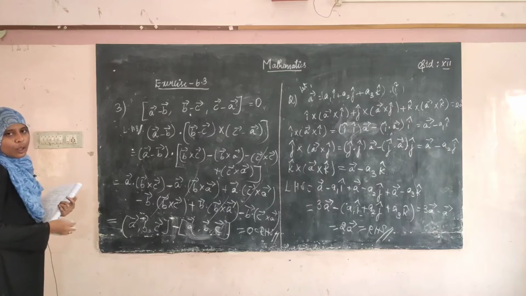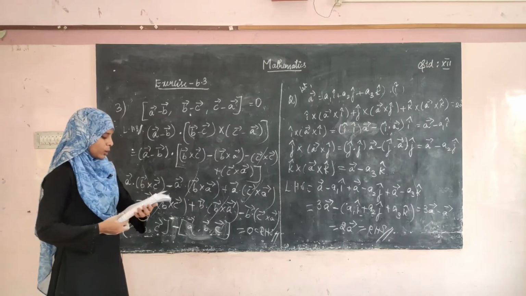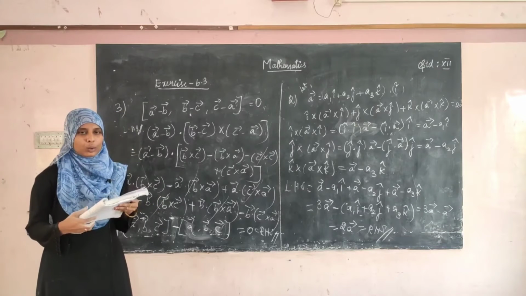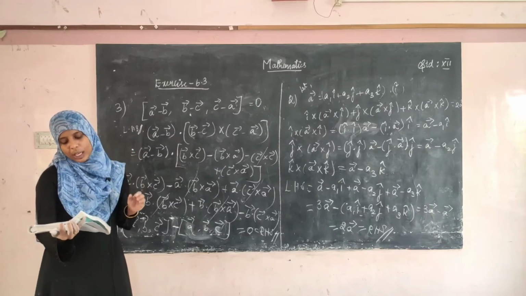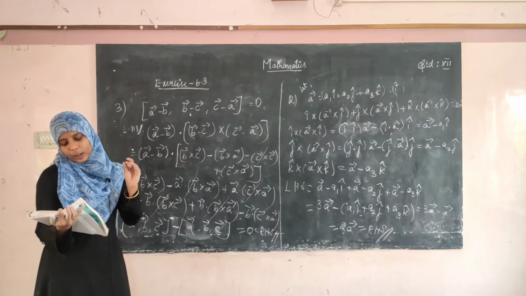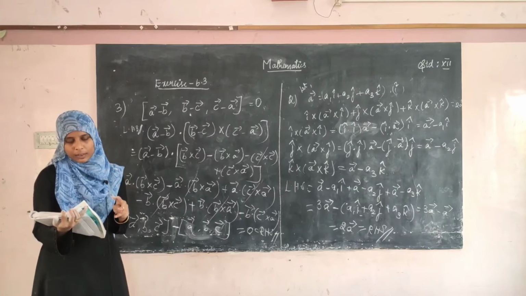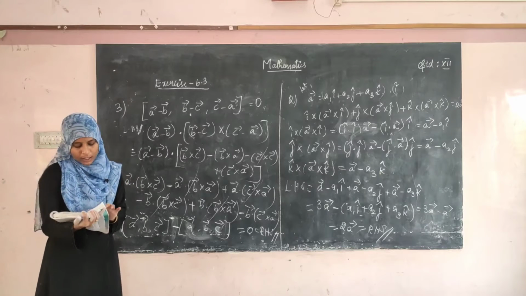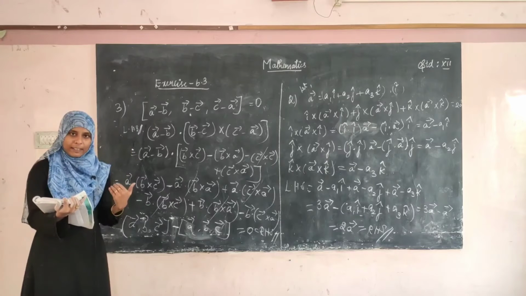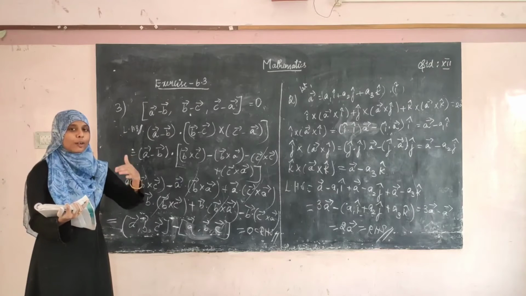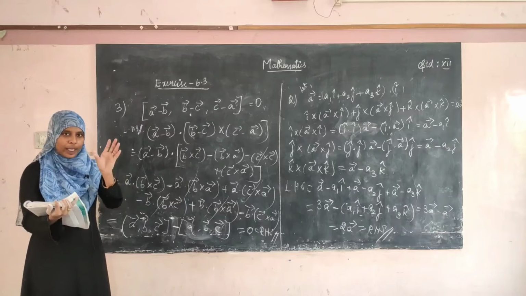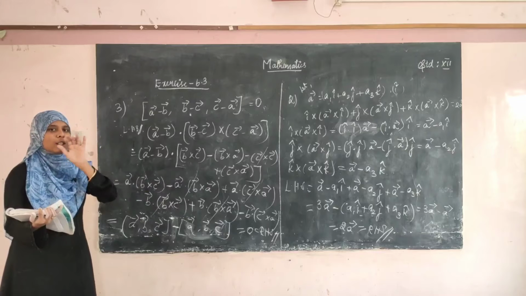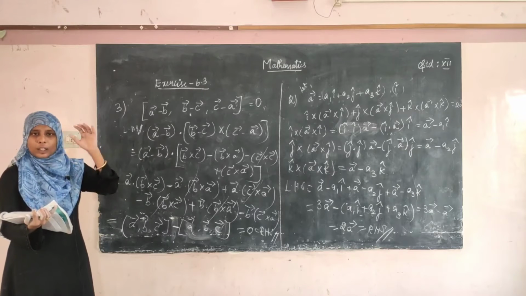Hence proved. Okay, now see the fourth sum. They have given 3 vectors, and in the 2 subdivisions they have given 2 equations. So you have to prove that. First, in the first subdivision, A vector cross B vector cross C vector. You should not expand this in the format of vector triple product. You have to find A vector cross B vector separately using the method of determinant. After finding that, you will be getting one vector, and then you have to cross product that resulting vector with C vector. Again you will be getting one vector.